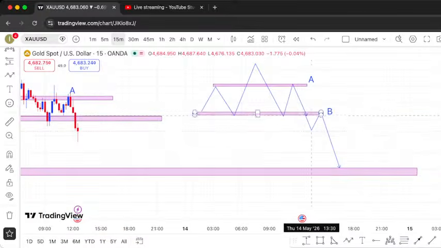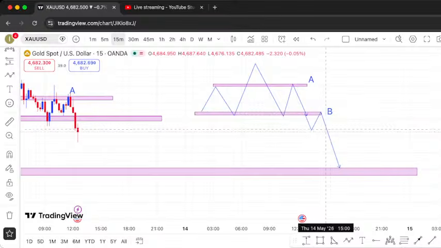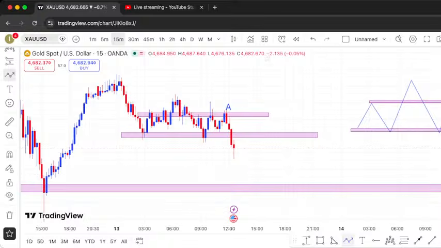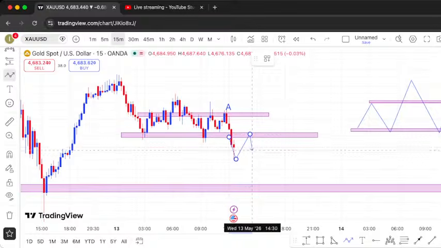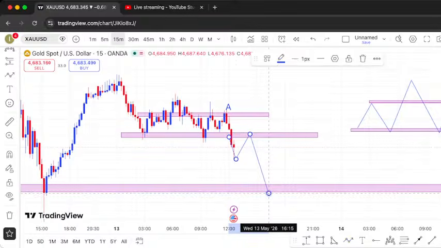Entry B, we said once the market breaks the neckline, forms a new lower low, and then retraces, that's when you are going to have those short positions for a sell. Okay, now here we are. The market has already formed a new lower low. It has already broken the neckline and formed a new lower low. So a very good retracement is going to happen so that you can sell that market there.